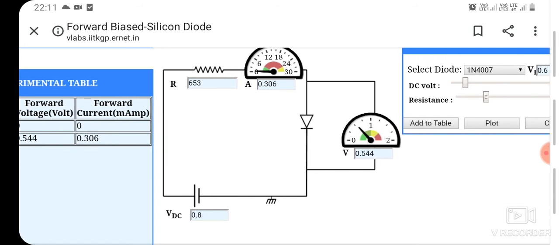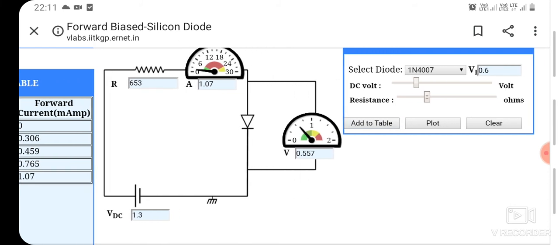Now we have to increase the value of the DC voltage, say 0.9, add to table, then 1.1 add to table, then 1.3 add to table, then 1.5 add to table, then 1.9 add to table, then 2.1.